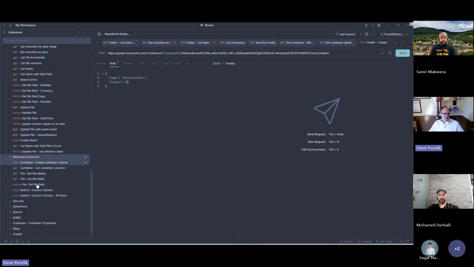Metadata scenarios. You can create metadata at the container level, and then you can set the currency value again. So here I've got a document in a container. I've got a piece of metadata that I've created for the invoice number, and I'm going to set that to a certain value. Okay. So in another example, I have a Power Automate function that when a document is dropped